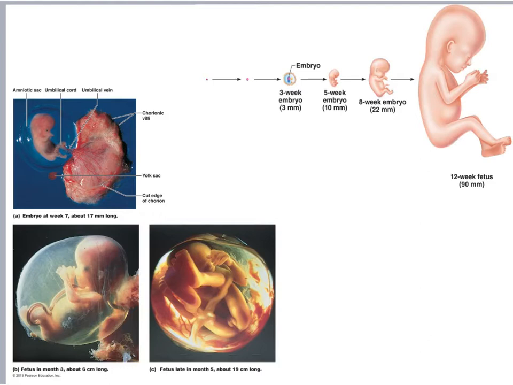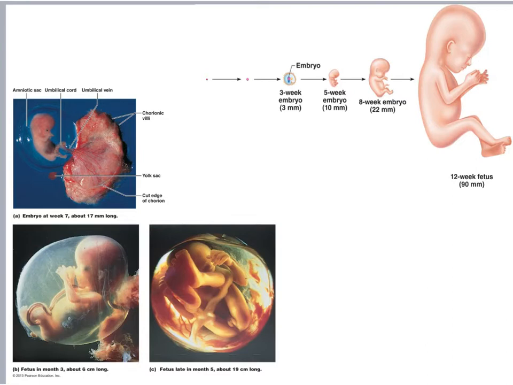Before we get started, let's talk about just a few simple terms. Whenever we talk about something in science or in this class, we talk about specifically what the appropriate terms are for everything that we're speaking about. So in this case, when we're talking about a developing offspring or a conceptus, and that term means that which is conceived, there are specific terms for this conceptus depending upon what stage it's at. So the first part of a conceptus is, I suppose, a zygote, which is a fertilized egg.